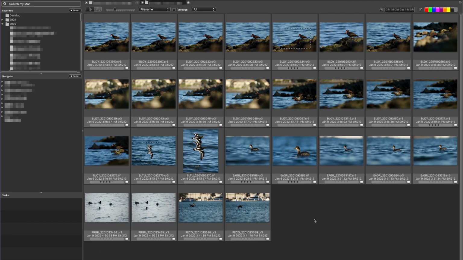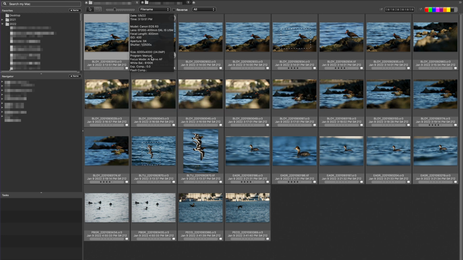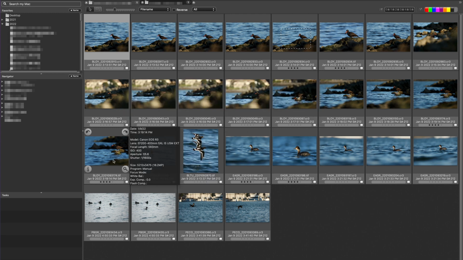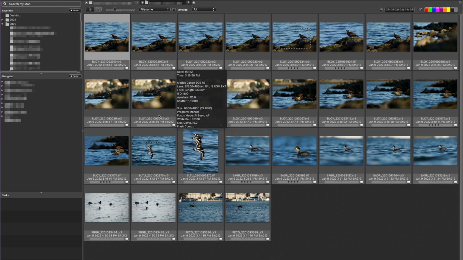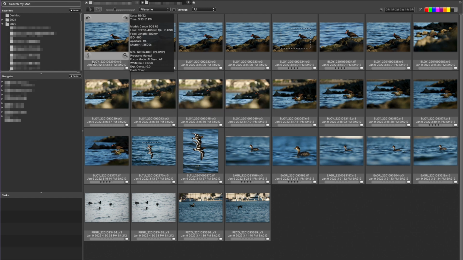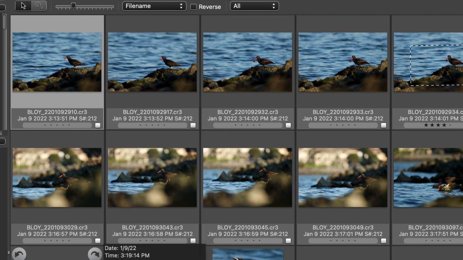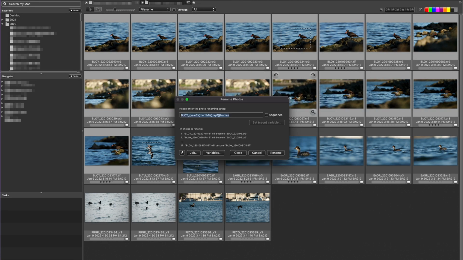Alright, inside Photo Mechanic, I just want to show you how I would rename photos. This is the program that I use to organize everything. It's not necessarily a catalog, it just kind of works off the Finder, which is how I like it. I don't really like having a big old catalog. So I have these black oyster catchers here, and everything in here has already been renamed to the style that I like. So you can see the BLOY, and then the underscore, and the date, and then the frame number. But how I would do it, I would select all the black oyster catchers, hit Command M, and then